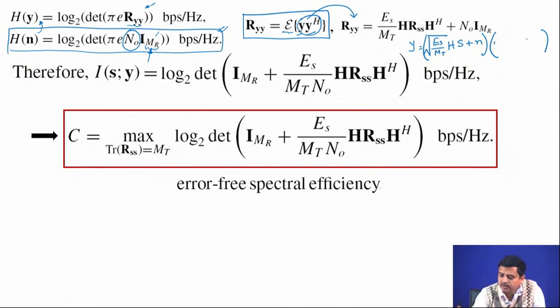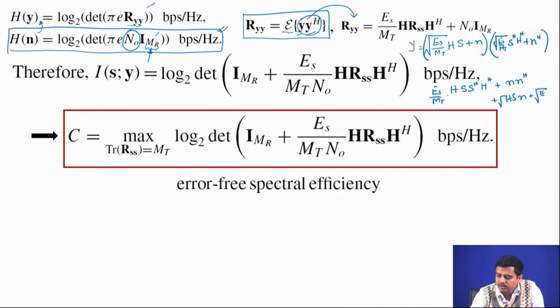So, you are going to get noise Hermitian, you are going to get root over Es by Mt S Hermitian H Hermitian. So, this product is what you are going to get. If you expand the terms, you are going to get Es upon Mt H S S Hermitian H Hermitian plus N N Hermitian, and you are going to get the cross terms, that is H S N, and of course, the root part is there,